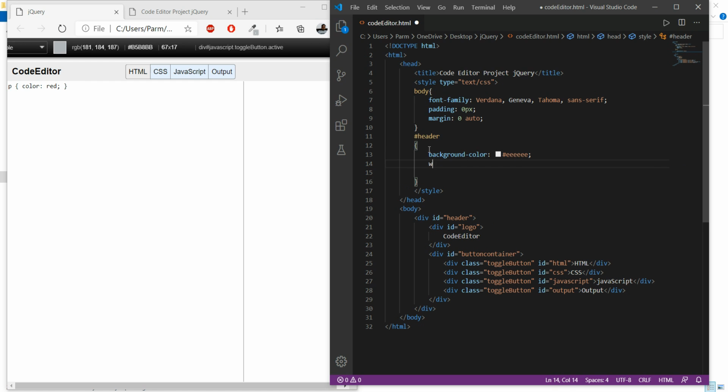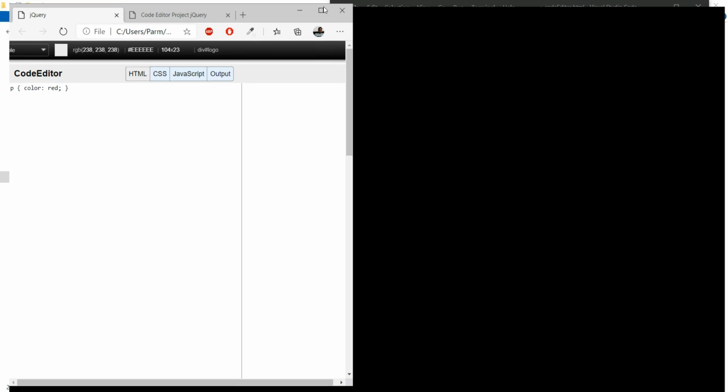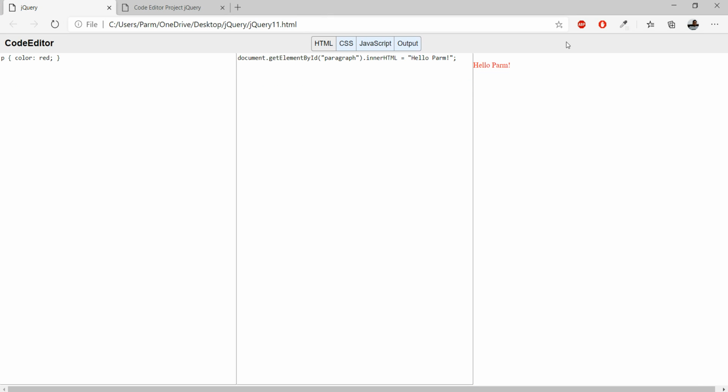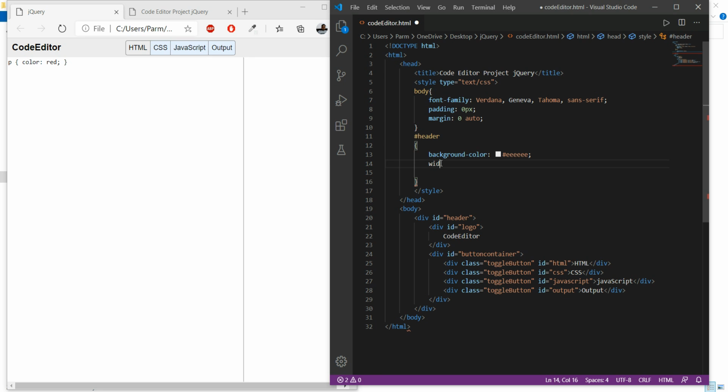And its width, if we see the width of this, if we maximize, this is taking the full area of your window. So here we go with width equal to 100%.